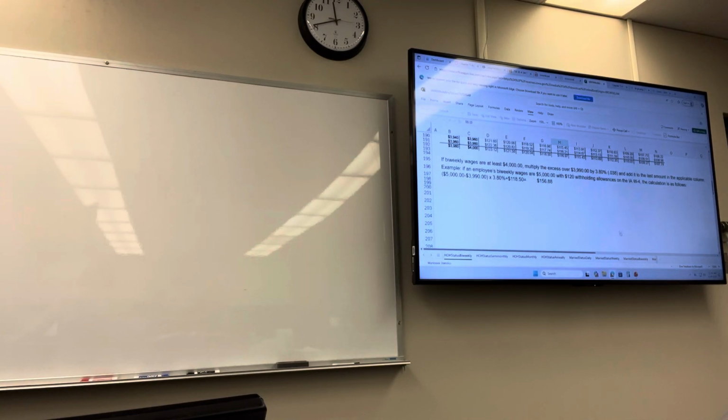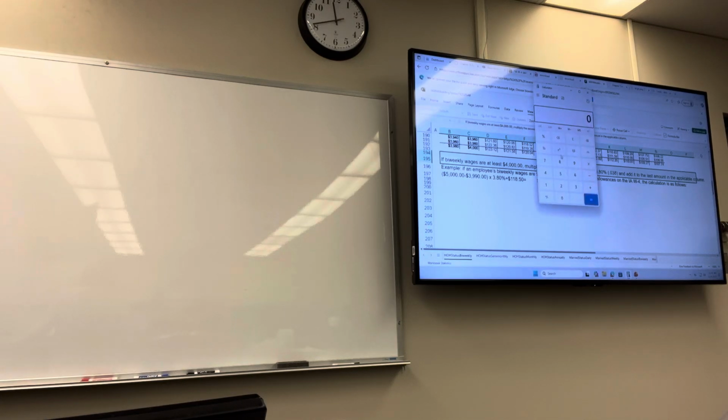If the amount exceeds, so if biweekly wages are at least $4,000, multiply any excess over $39.90 by 3.8%, and then add it to the amount that you just pulled up. So you can just take a percentage. For example, if it was $5,000, we would take 5,000 minus 39.90. So the excess is 1,010. Multiply that by 0.038,